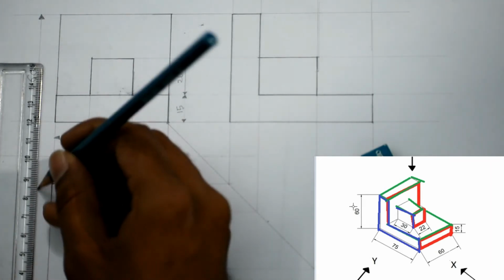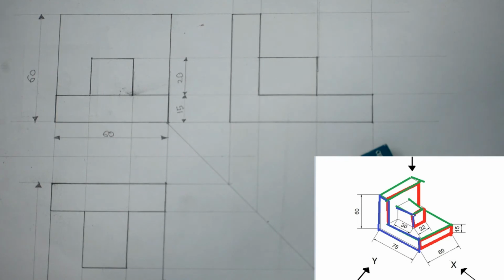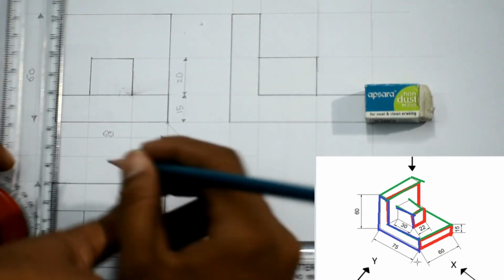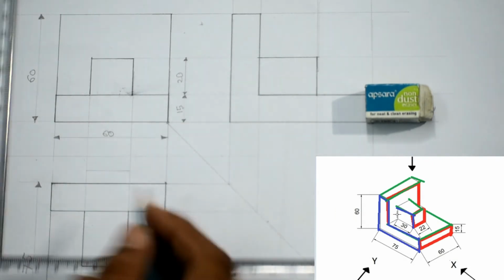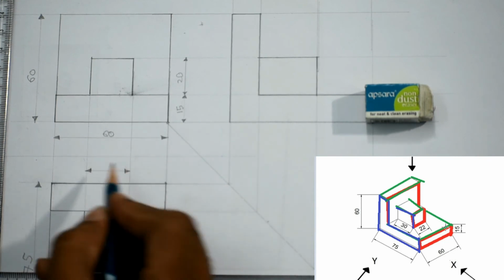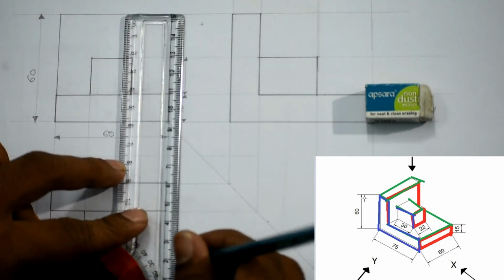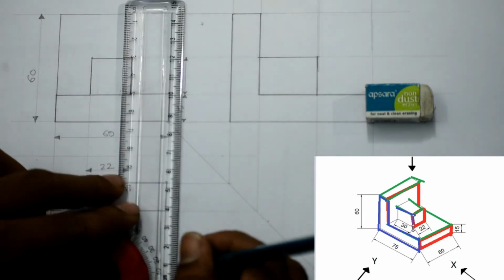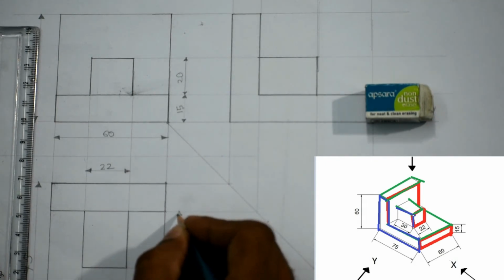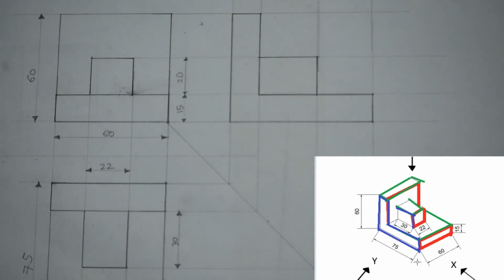The overall width of the top view is 75 mm. So now everything is completed. After dimensioning, it will look like this.